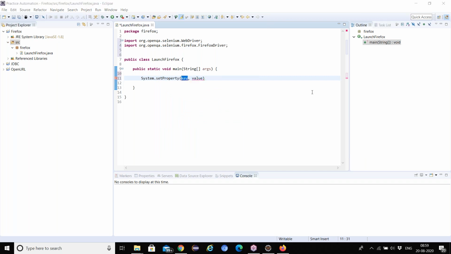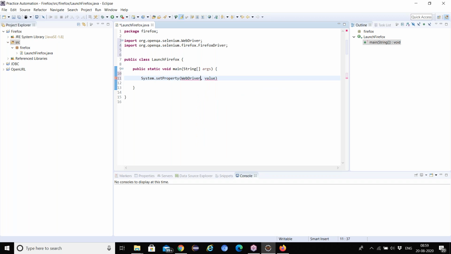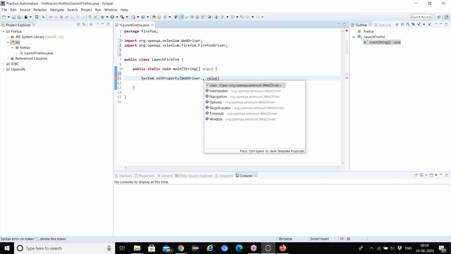Anybody remember? webdriver.chrome.driver. Now you need to provide the key for Firefox. The key for Firefox is webdriver.gecko.driver. You need to write gecko.